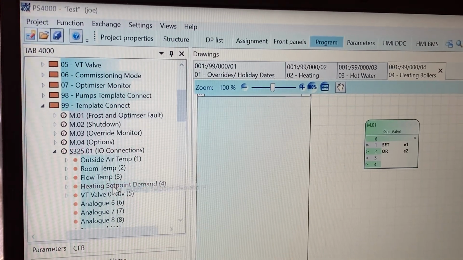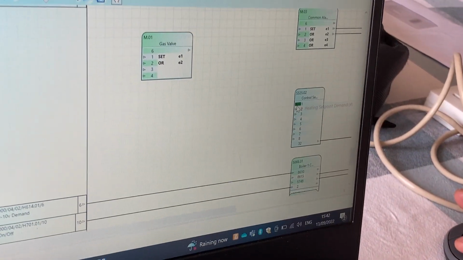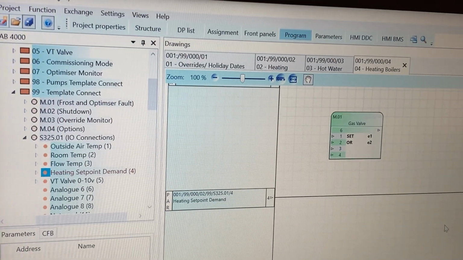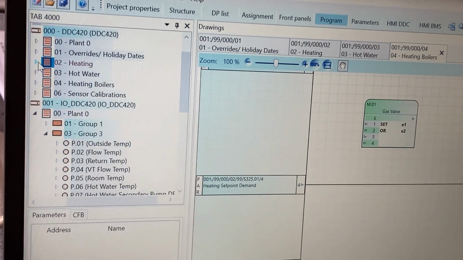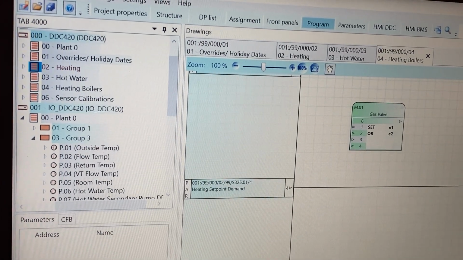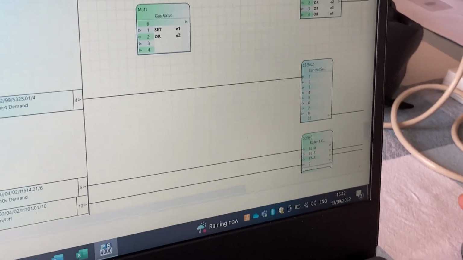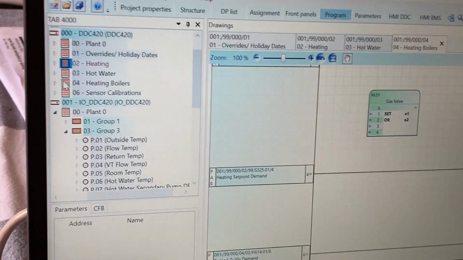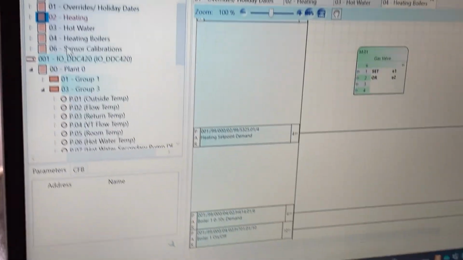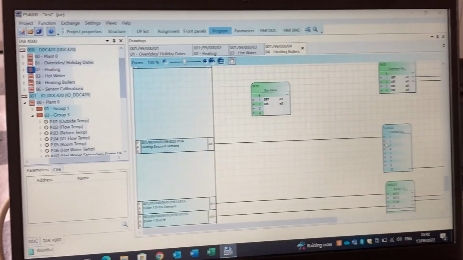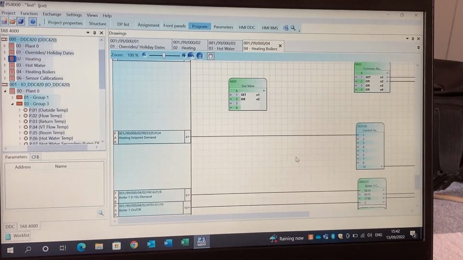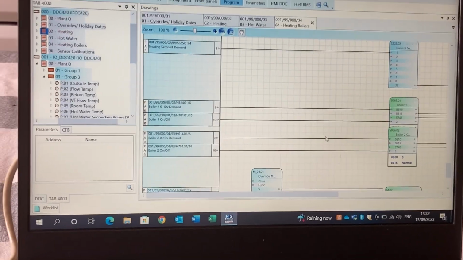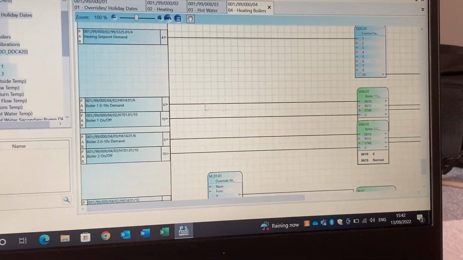So we drag that onto number one, and that's it. I'll just clear that up, and then that's all we put on that one, because we've only got one heating zone. If we had another heating zone, we'd do exactly the same. So it'd be another heating zone, template connect, number 4, heating demand, and we'd put it onto there, but we haven't. Then we go down again to the last one is